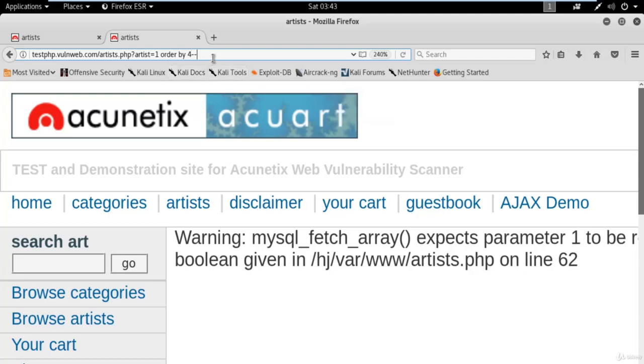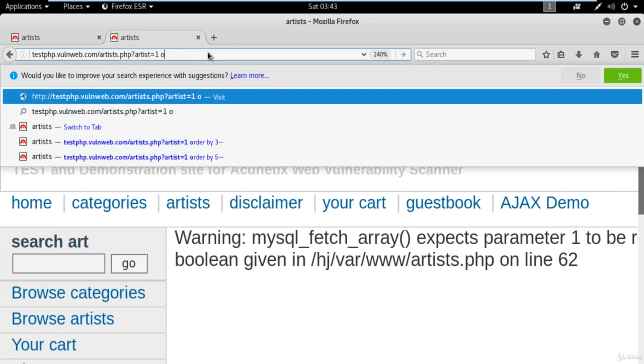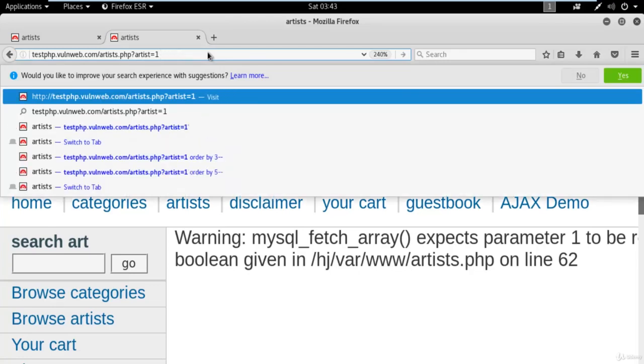Great. Let me remove everything. Now the task is to find the table names. We don't need to find the database here, right? Because we can directly find a table name, then column names, and then the data. So how can we find the table name without using any tool? Let me show you the command you can use. You can simply type here